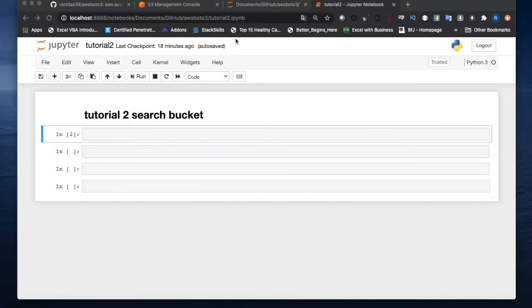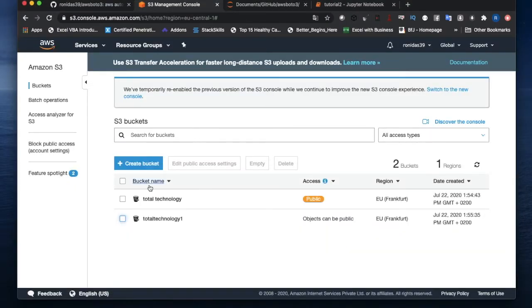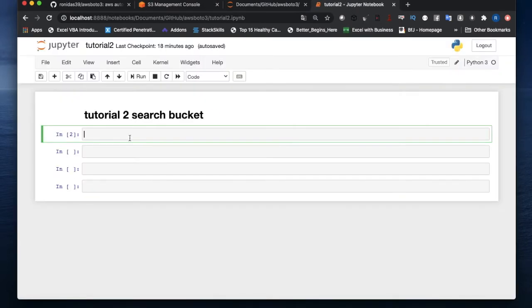I'll show you. We created these two buckets in our last tutorial, right? Now we'll see how to get how many buckets there are in my AWS console. From my AWS console, it is showing that I have two in the S3 service list, and how do we get those programmatically using Python? That is the main intention of this tutorial. And for this tutorial I have chosen to use Jupyter Notebook, because it will be easier for me to explain and for you guys to understand.